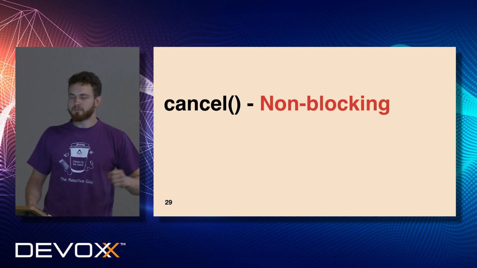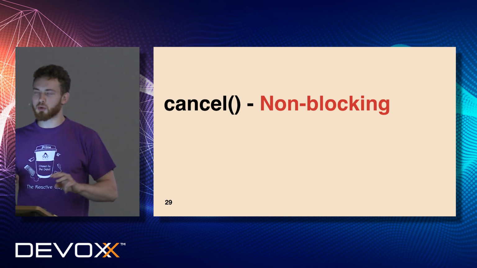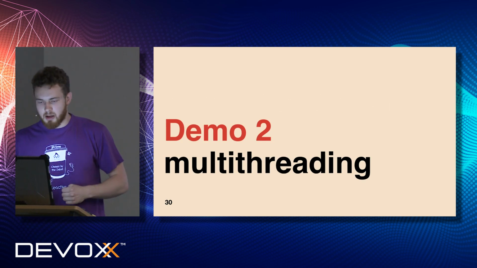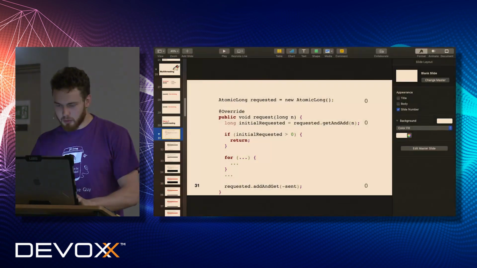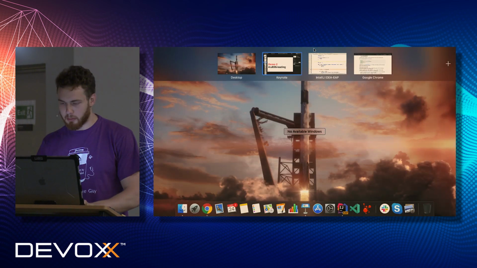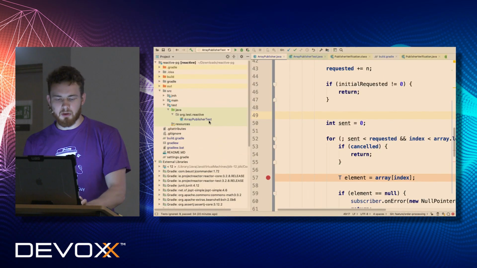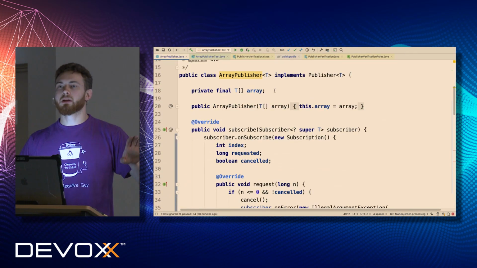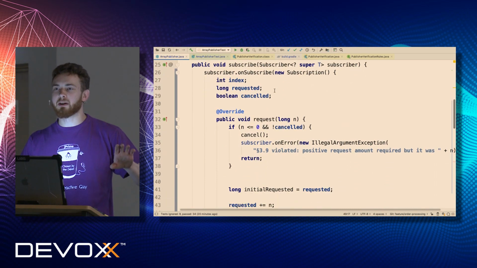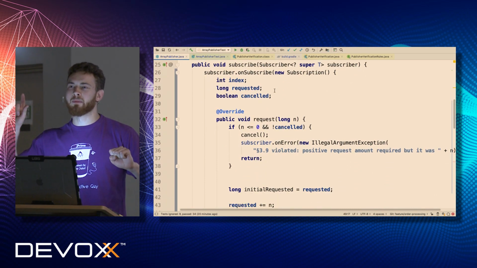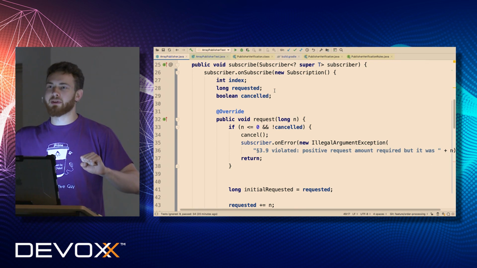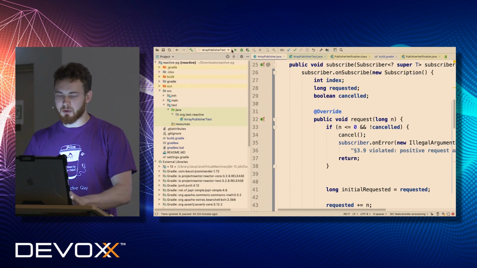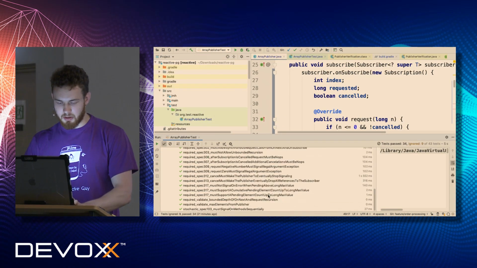Does it make sense? So these are basically the 3 rules which we have to follow in order to start improving our publisher. So let's go back to our code. First of all, what we have to notice here is that we implemented an absolutely non-concurrent implementation so far. And there is one big problem: the TCK doesn't verify multi-threading cases. We created a publisher, and it passes all tests from the TCK, as you can notice.